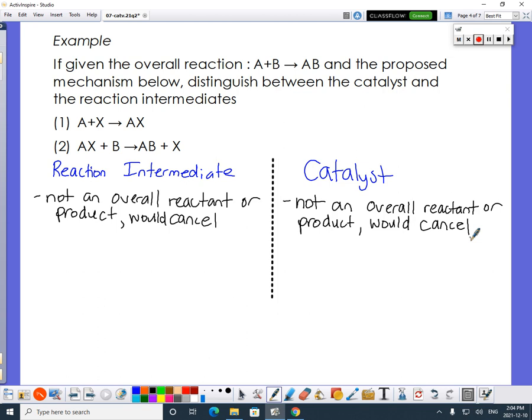Okay, so that helps us distinguish between what is an intermediary, but not between both of these. So let's cancel stuff out. AX is a product and a reactant. It cancels out. And then X